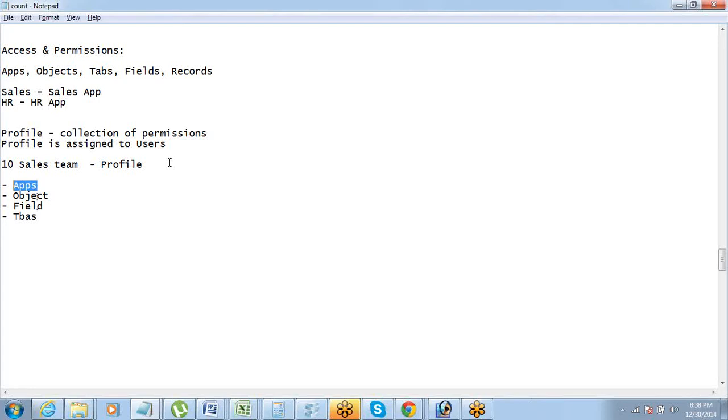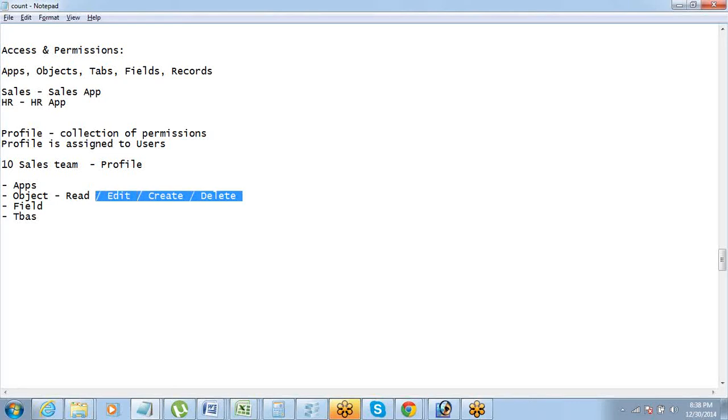So what apps a user will get to see is defined in his profile. What objects a user will get to see also depends on the profile. And not just viewing the object, whether he can read, edit, create or delete data in that object, that permission is also defined through the profile.